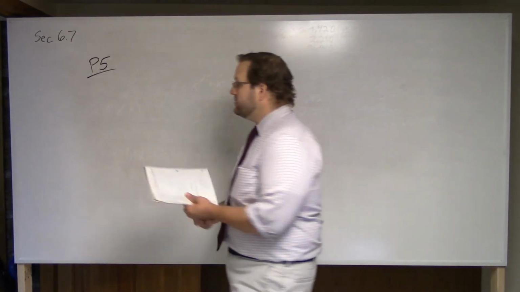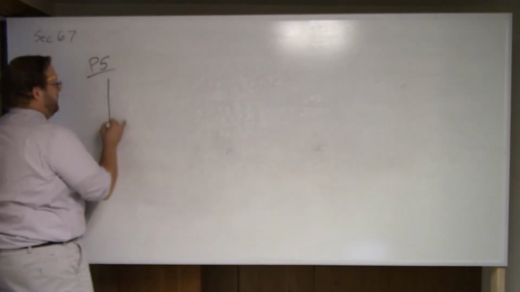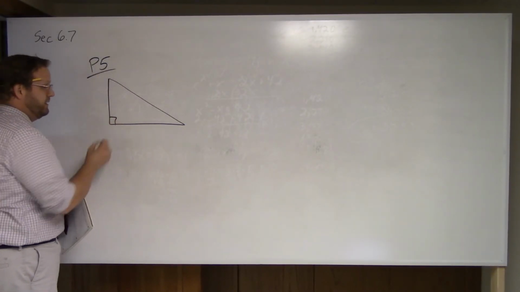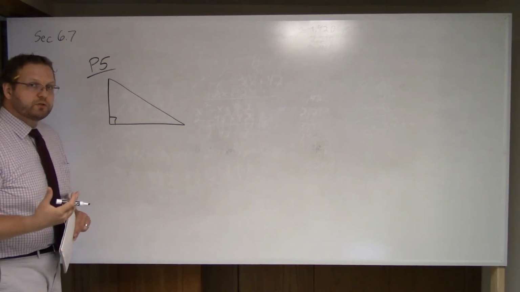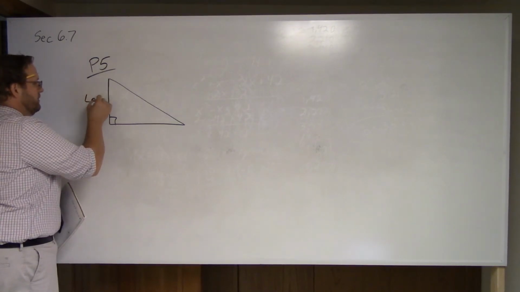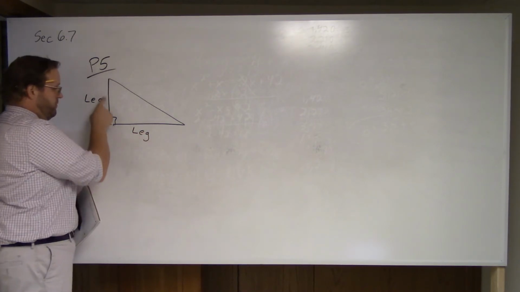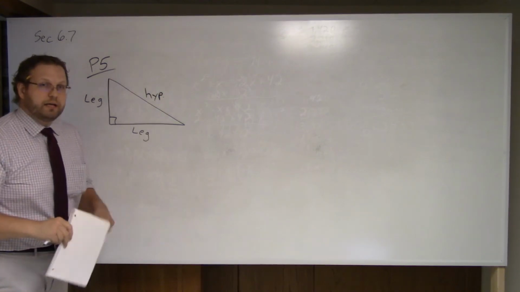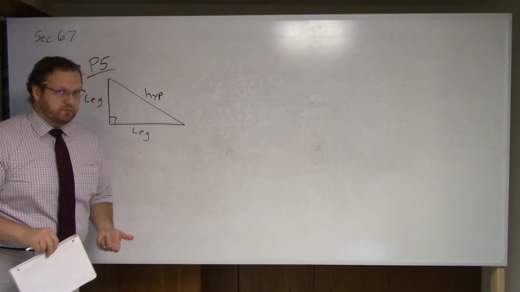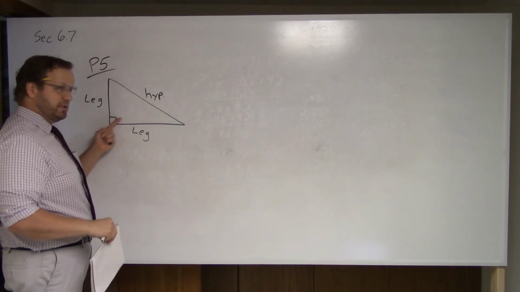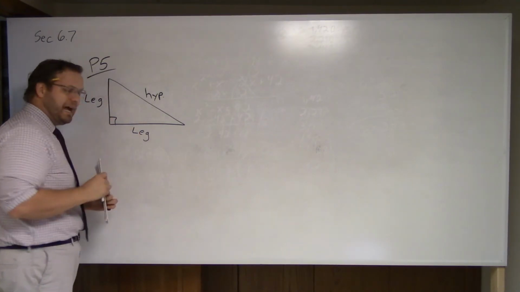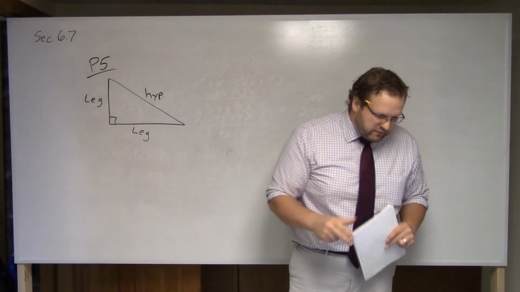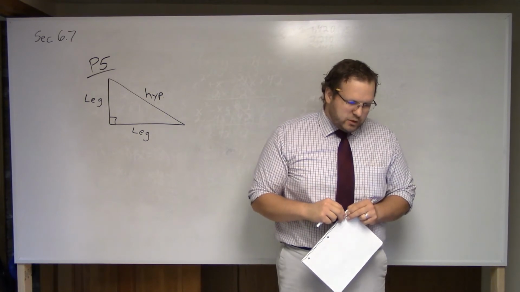Okay. Now, with a right triangle, remember what makes it a right triangle is that you have a right angle in there. And then there's two main components to a right triangle. There are the legs that form the right angle, and then you have your hypotenuse. Okay? Your hypotenuse can be identified as the longest of the three sides or the side opposite the right angle. Okay? Now, they describe those sides. Okay? They say again, find the dimensions of a right triangle where the second leg is 1 unit less than